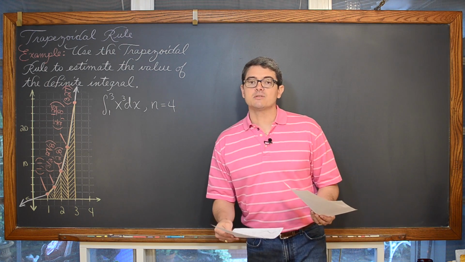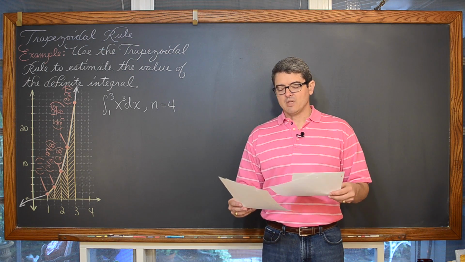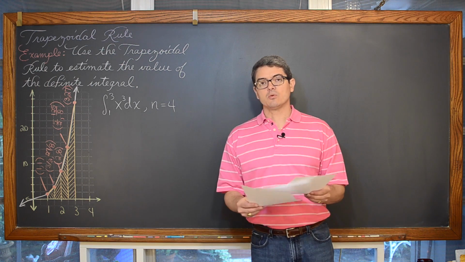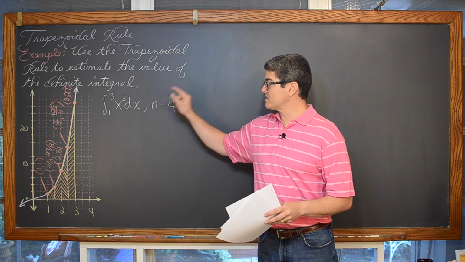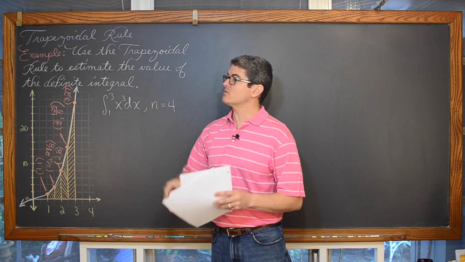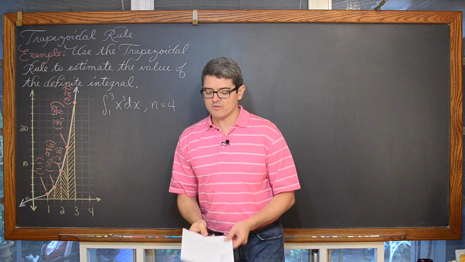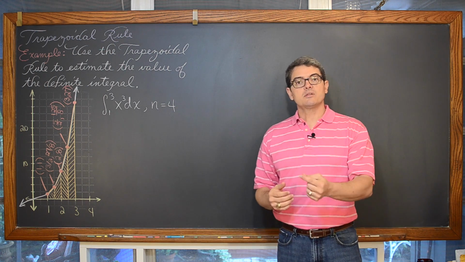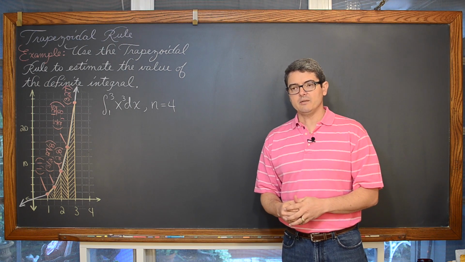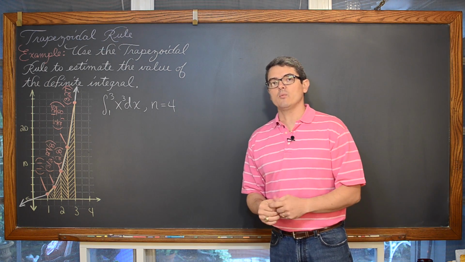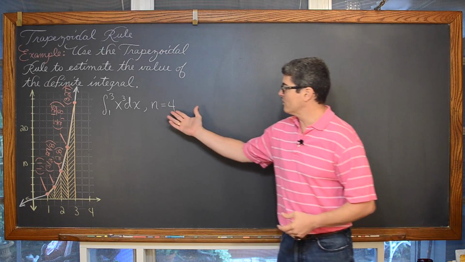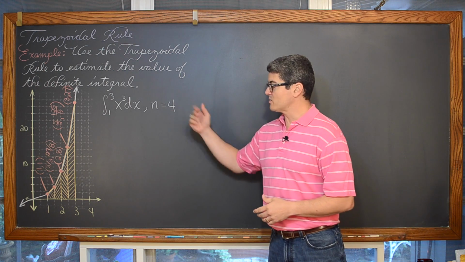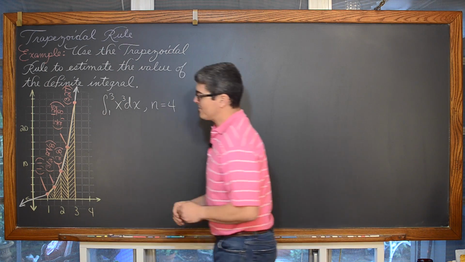We're then going to talk a little bit about Simpson's rule. I'm going to give you a diagram to explain exactly what's happening there, give you Simpson's rule, and then work through this problem again, estimating this definite integral using the trapezoidal rule and Simpson's rule. I'm not going to derive Simpson's rule. You can look at your textbook for that. It's quite a complicated derivation. And in our next lesson, we are going to be calculating the maximum possible error that we can get from these rules based on a certain number of intervals that we're going to set n equal to. So in this case, we're going to estimate the definite integral using 4 trapezoids.